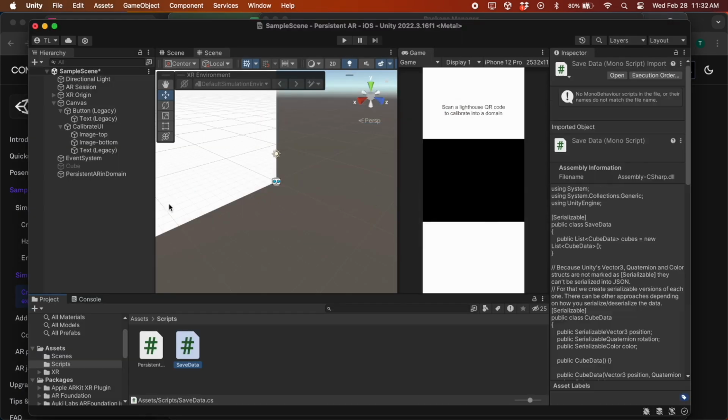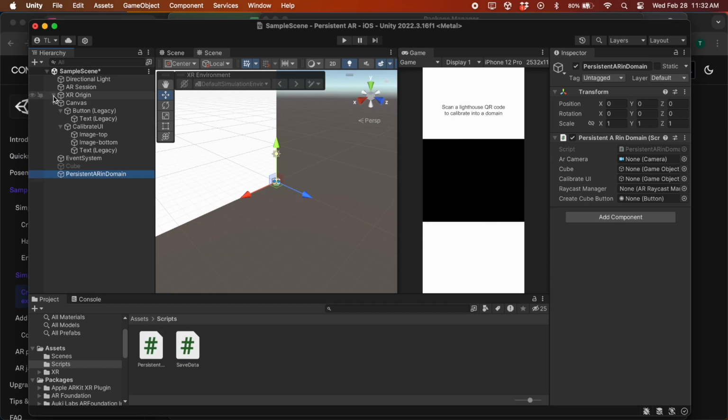The last step is to assign all the references in the Unity editor by dragging and dropping them into their corresponding serialized fields. We can now build and run the project.